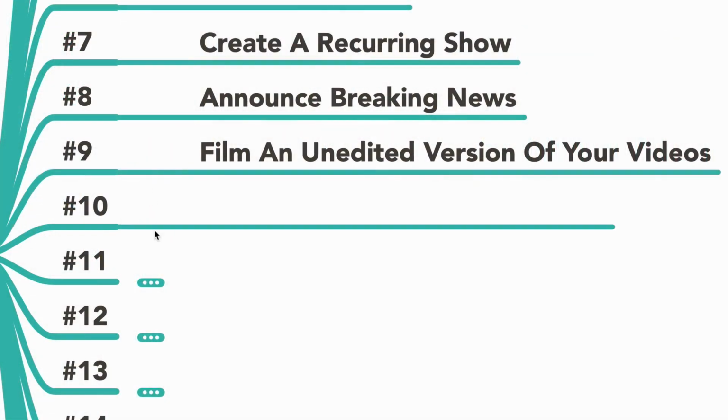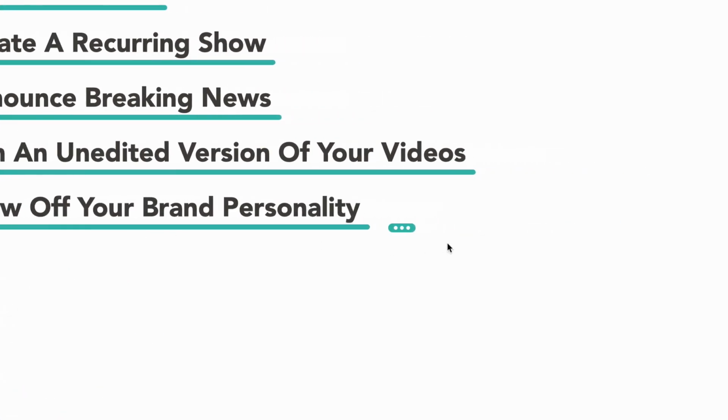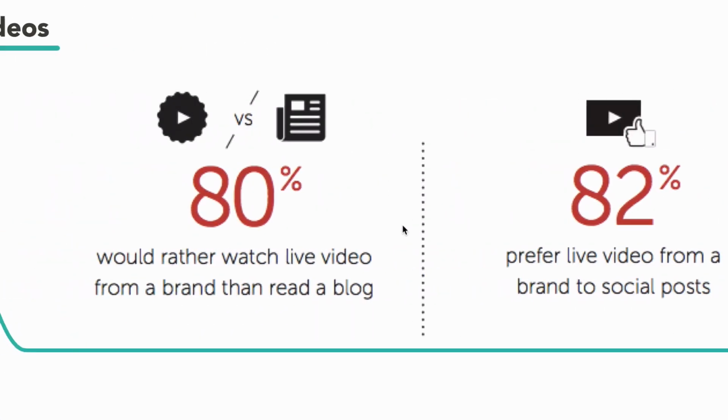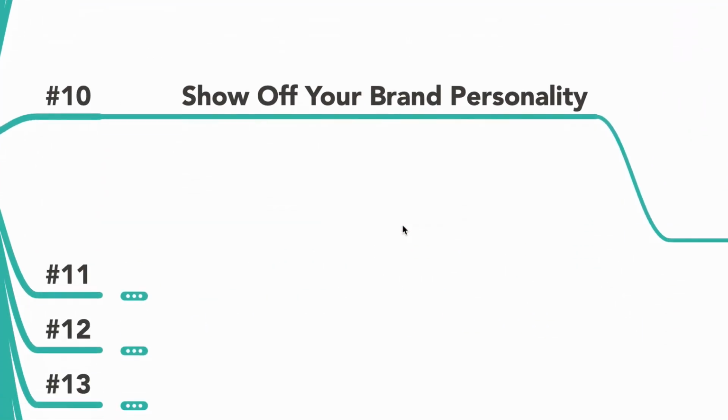behind the scenes. Number 10 is you can show off your brand personality. Okay, what I mean by this is, if you see this here, 80% of people would rather watch a video from a brand than read a blog. And 82% prefer live video from a brand than social posts. So if you have your own brand, let's say you're not streaming as yourself as a person, you have a brand where you're selling your different affiliate programs under that particular brand, you can show off your brand personality, okay,